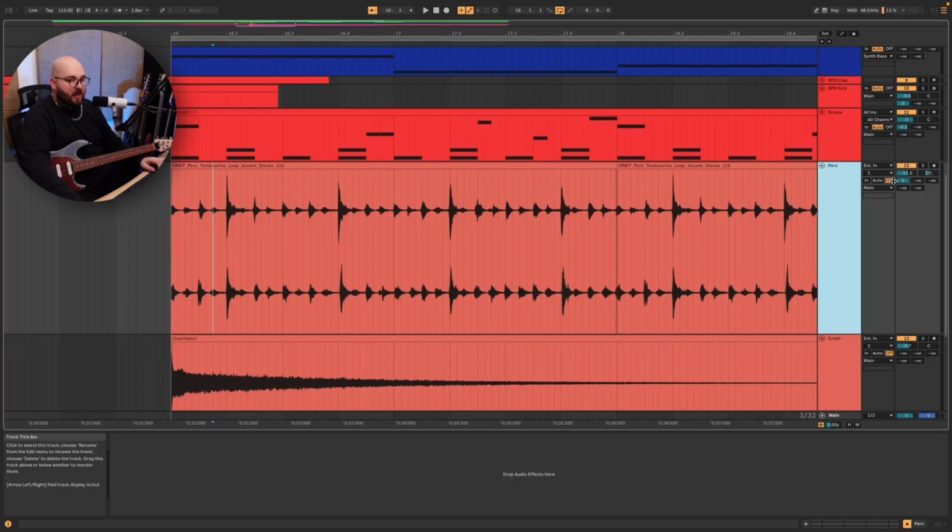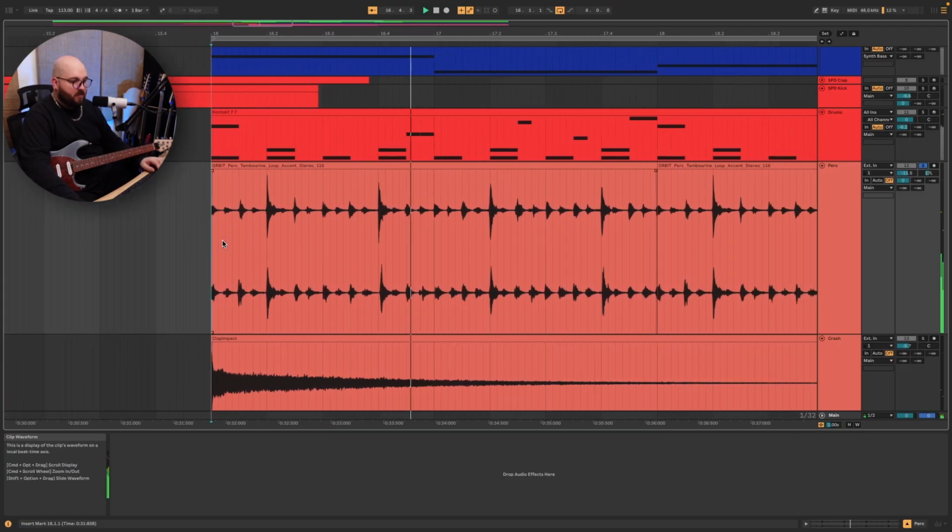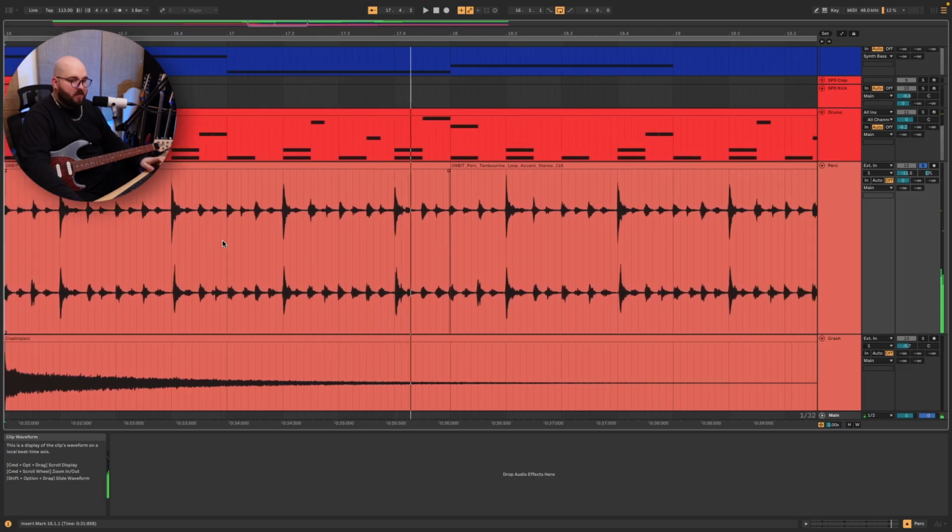But then the problem with just using a drum kit is you can hear I'm playing a pretty sparse beat, which is what I feel like they would be playing for a song like this. But there's a lot of rhythmic detail that's not really being filled out right now. So to combat that, I have this percussion loop. It sounds like this. Just a tambourine, nothing crazy, but you can hear if we go from this SPD kit into this main kit,